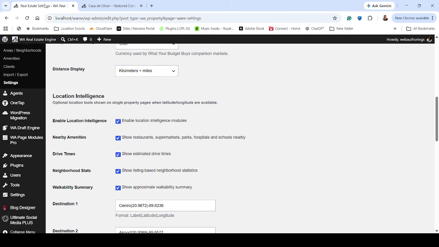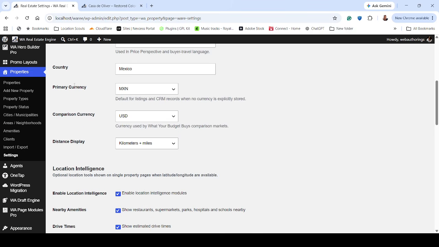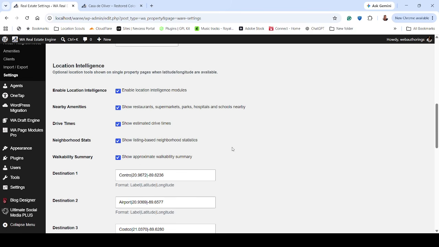Location intelligence. Oh, before we even get to that, check this out. I didn't finish this. Distance display. We can do kilometers, miles, or in this case, both, because I want both to display on the front end for people coming in from wherever they're coming in from. These are all separate modules that are loaded into this app. You can use all of them, some of them, none of them, but we think all of them gives you